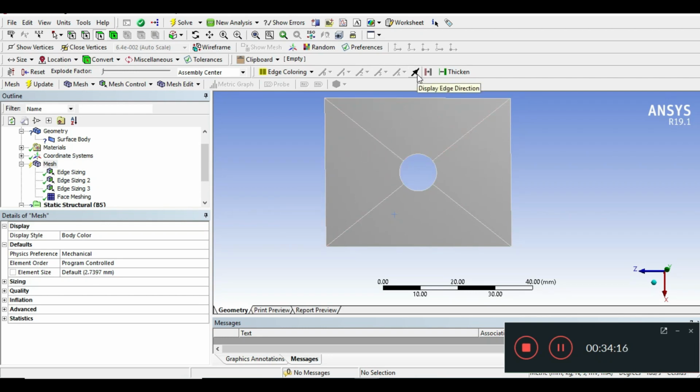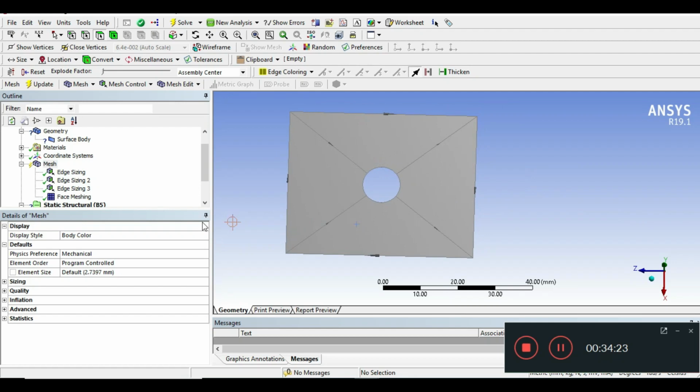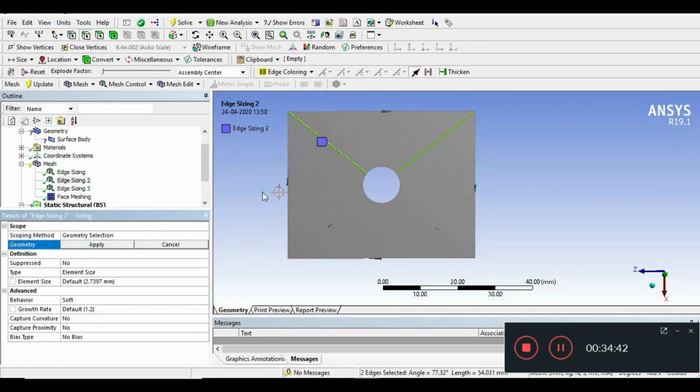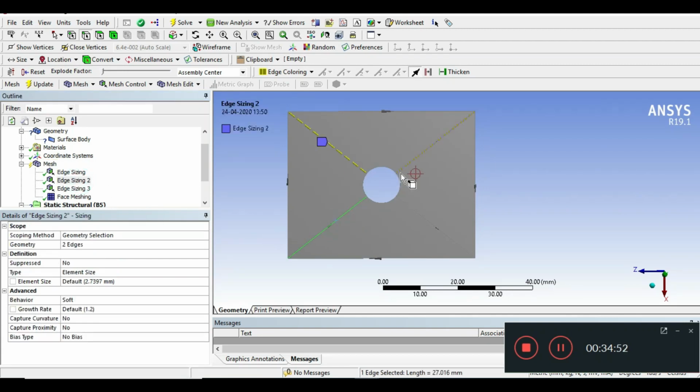So click on this button, display edge direction. So here you will find how the direction is. So click on the first edges. So instead of these two selections, we can change the selection here, because you will notice the direction of these two edges is similar, it's towards the circle. Therefore I'm going to change here. Then again